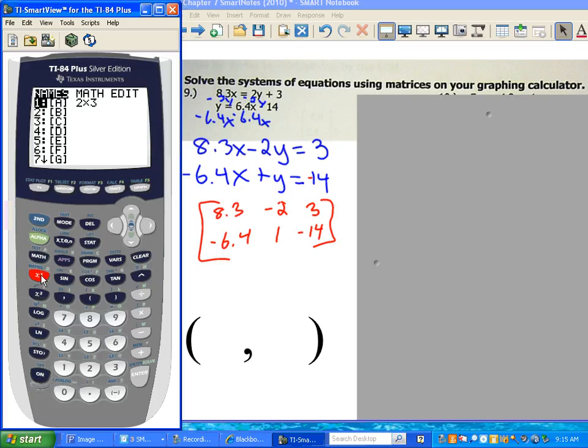Oh, not that far. This thing is so sensitive. Okay, so scroll up to RREF, hit enter, go back to second matrix, hit enter, and Dirk, that's where I lost you. You're with me. Hit enter, end parenthesis, hit enter,